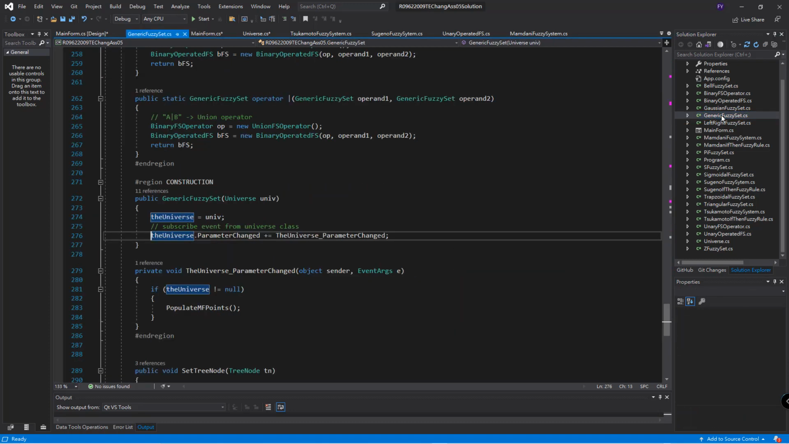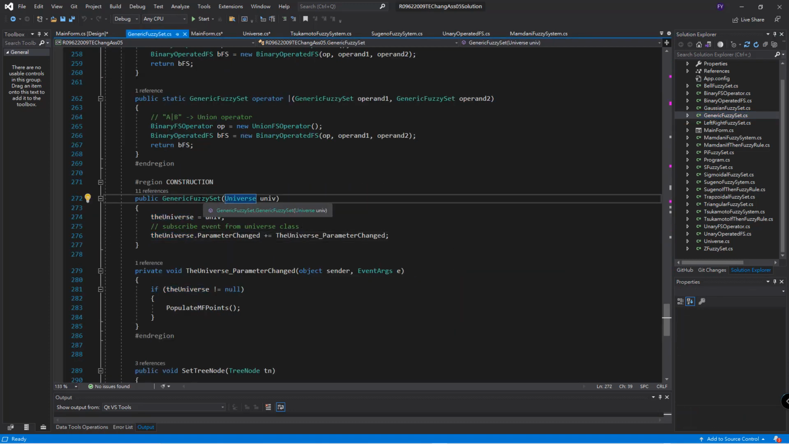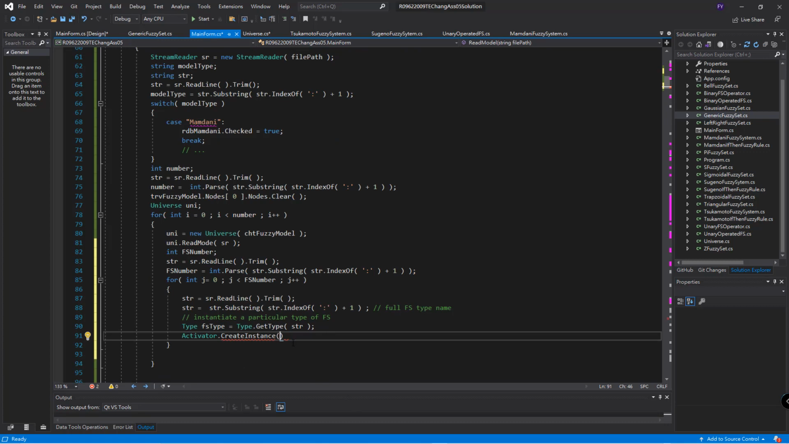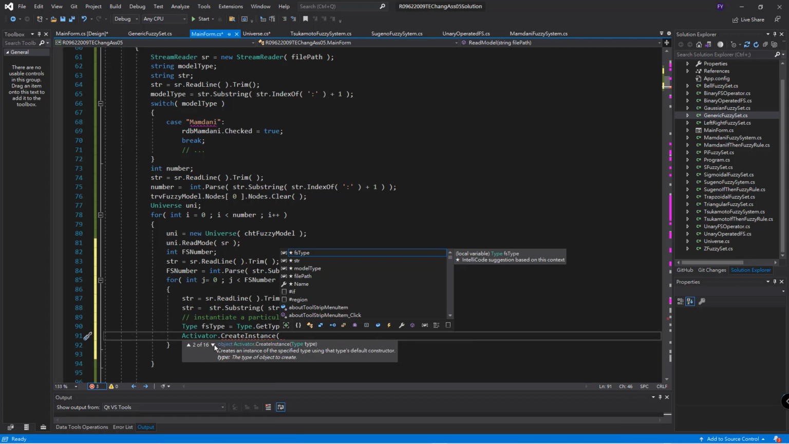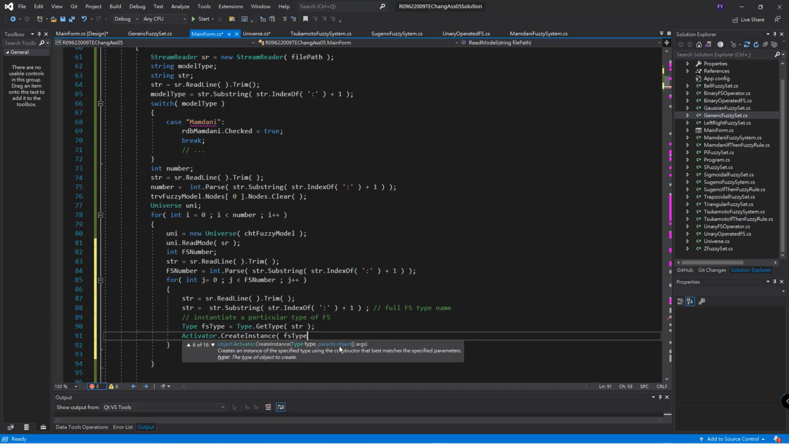In our generic fuzzy set, the constructor asks for a parameter, right? So the parameter is a universe. In order to invoke this constructor, we need to invoke another create instance function. Even though right now I have a type, it's not enough. So basically we will invoke this constructor. We supply the type and also we supply the argument. So in here we will put fs type and then